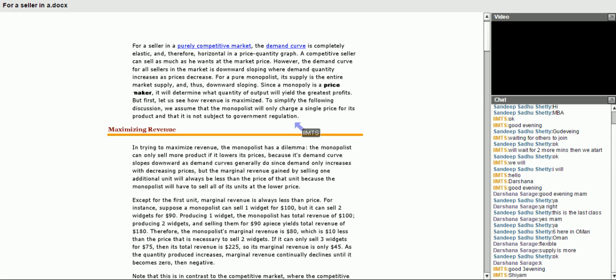And similarly his demand also is now, if he wants to increase the demand, he will have to keep the cost less. Now you can see here also